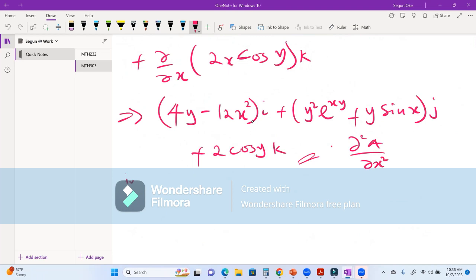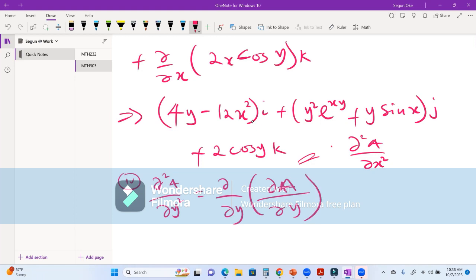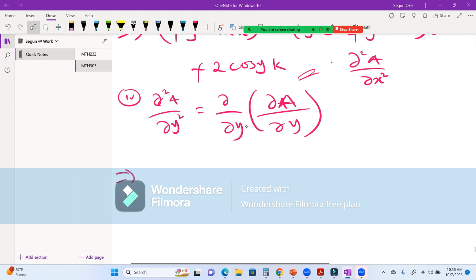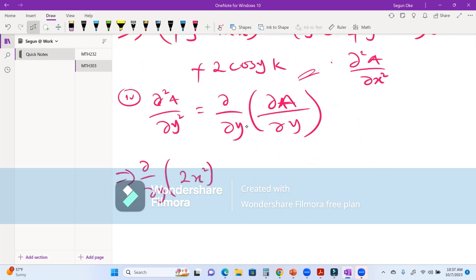Now, number 4, they said we should do the square a, the y squared. You can see it's not that hard, the way you think. What do you have? The a, the y is what? We know our dy, the a, the y to be 2x squared i plus d dy